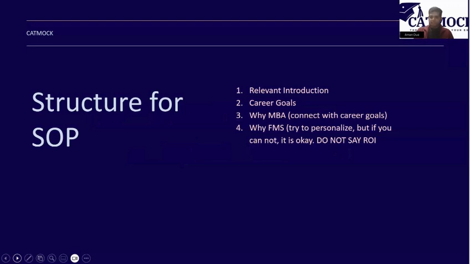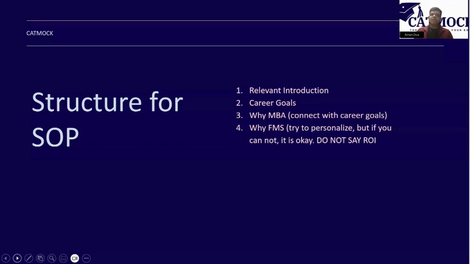Now when you are saying why MBA, remember that your goal and your why MBA go hand in hand. So if your goal is something else and your why MBA is something else, I need to have a connection in them. So if my goal is, let's say, to become rich, and my why MBA is to help the society, there is absolutely no connection, right? You see the irony here.